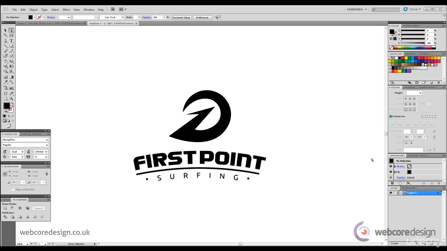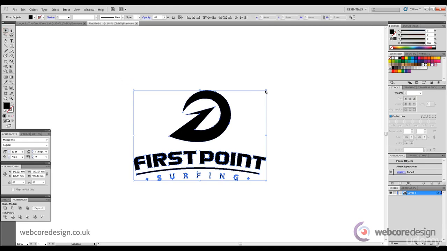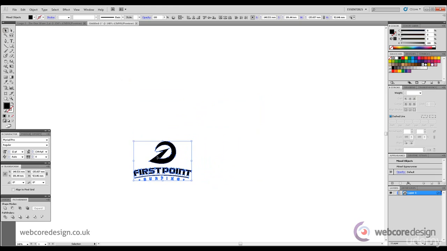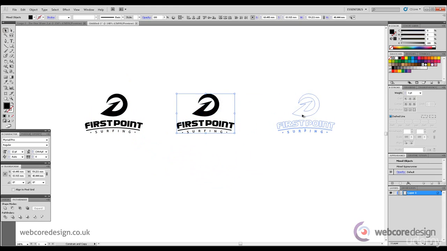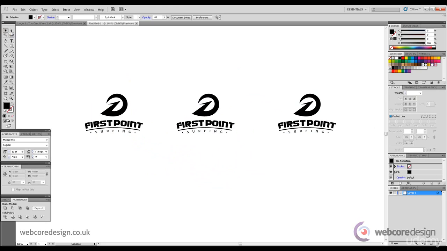Now for the OneWave logo ready to be coloured. So I'm going to reduce this in size and I'm going to take 2 copies so we can experiment with 3 different versions of colour. First thing I want to do is change the symbol of the first logo to a dark red, selecting red